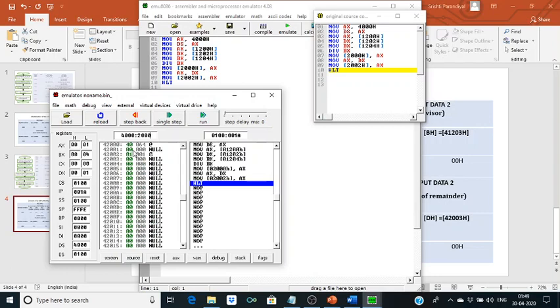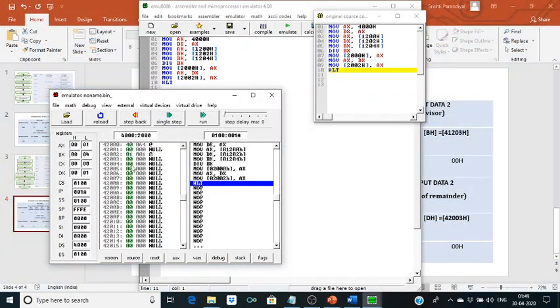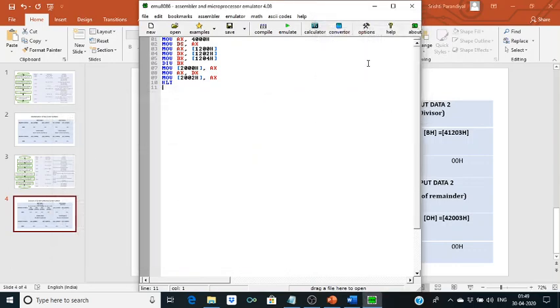So we are getting 0004, 0040, and the remainder we are getting 1. So in this way you can execute your program related to division in this emulator. Thank you.